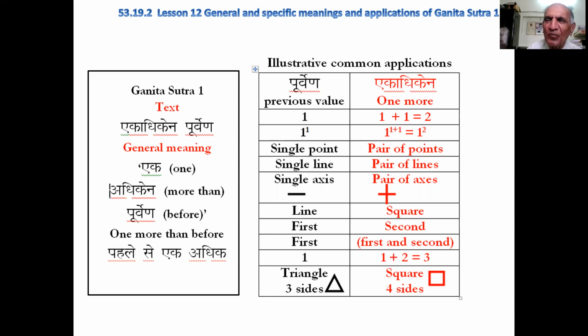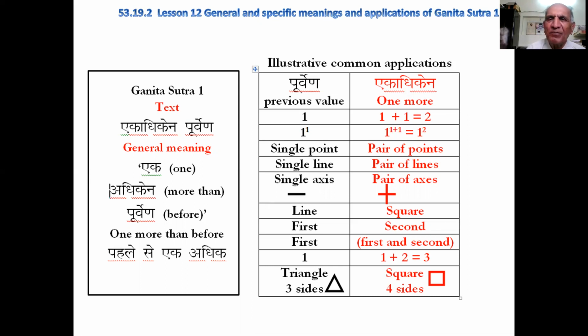In the second row, it is being pointed out that if the previous value is 1 raised to power 1, then one more power will make it 1 plus 1, as 1 raised to power 2. 1 raised to power 1, as a single axis, will take us to a linear unit, while 1 raised to power 2, though value 1, though remaining unit 1, will be of area unit. One may have a pause here